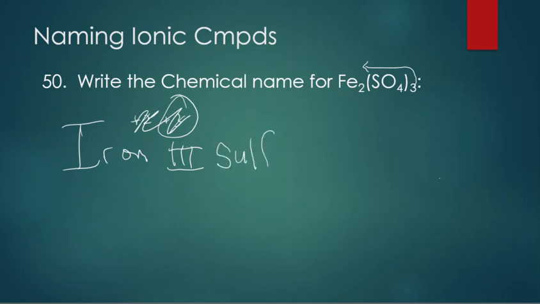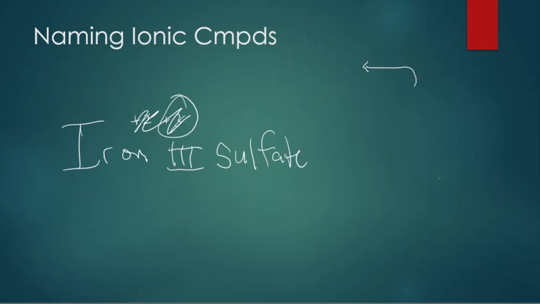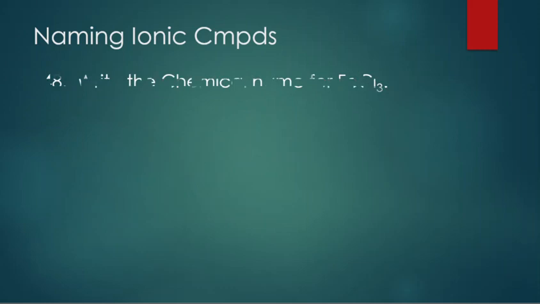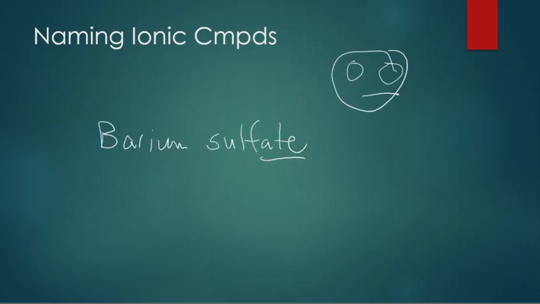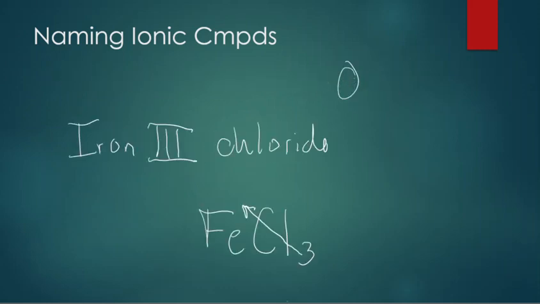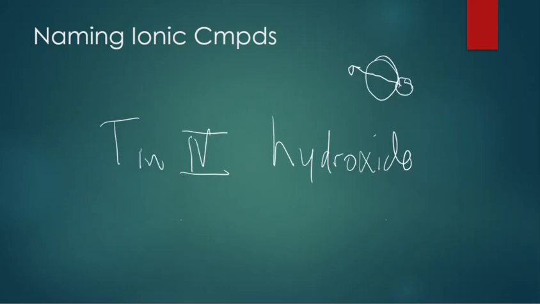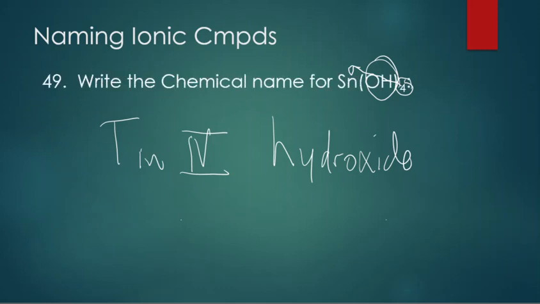But I don't know if you put the numerals in it or not. Let's see. No numerals there. No numerals there. No numerals there. No. The Roman numerals are only for cations, and only for cations like the ones that we don't know. What about the 2 right next to the Fe? You know, like where